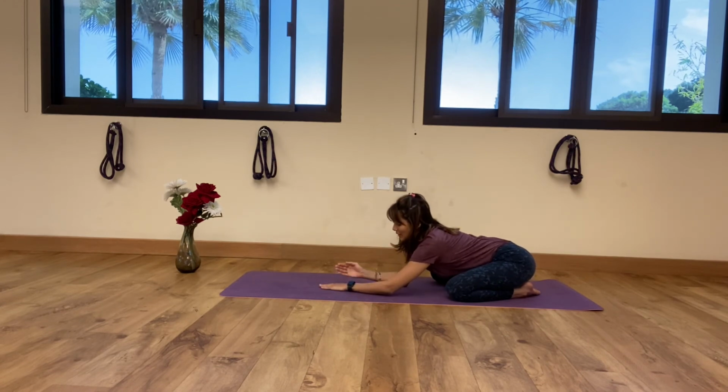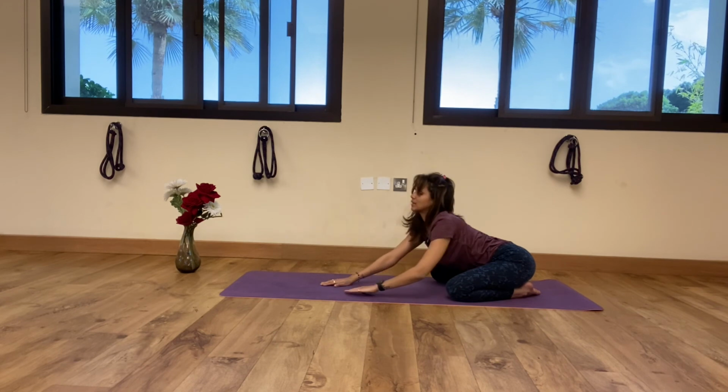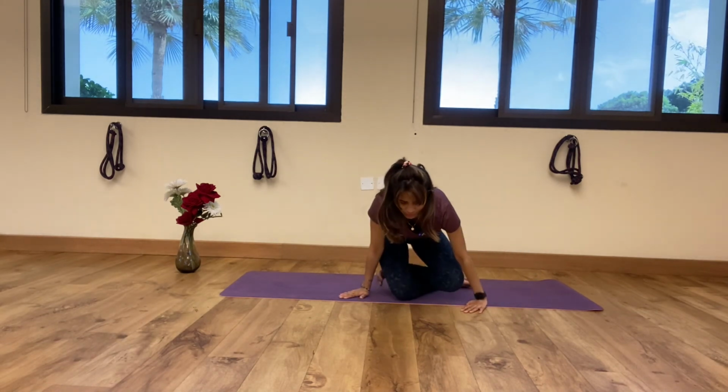Okay, so here we finish our forward bends and relax for a while. And breathe in, breathe out. 2, inhale and exhale. 3, inhale, exhale. 4, inhale, exhale. And one more breath, inhale and exhale. Relax, slowly come back, and you can sit in a comfortable pose,